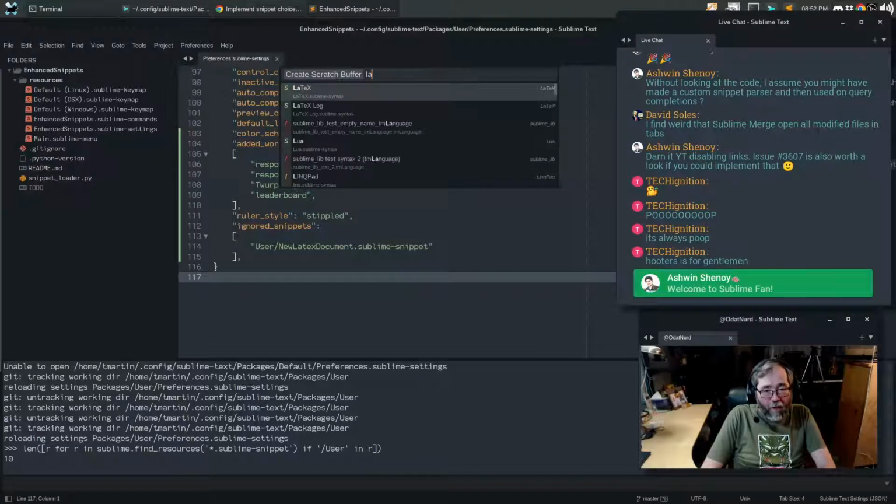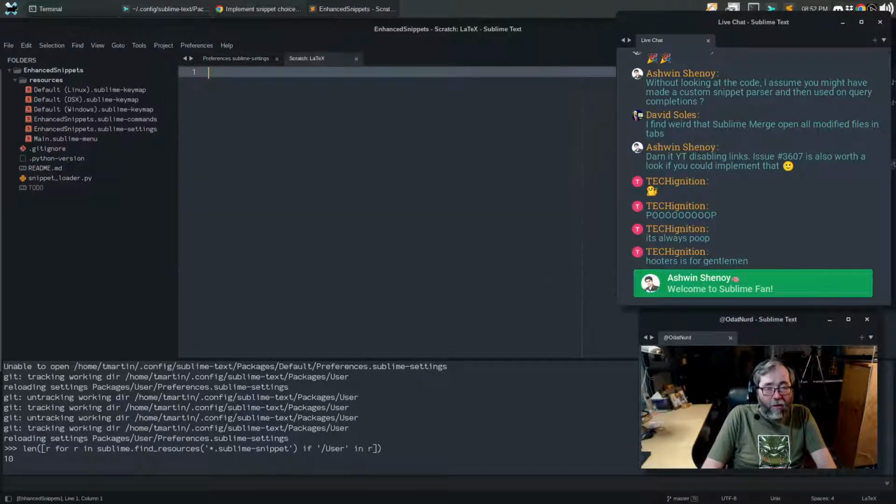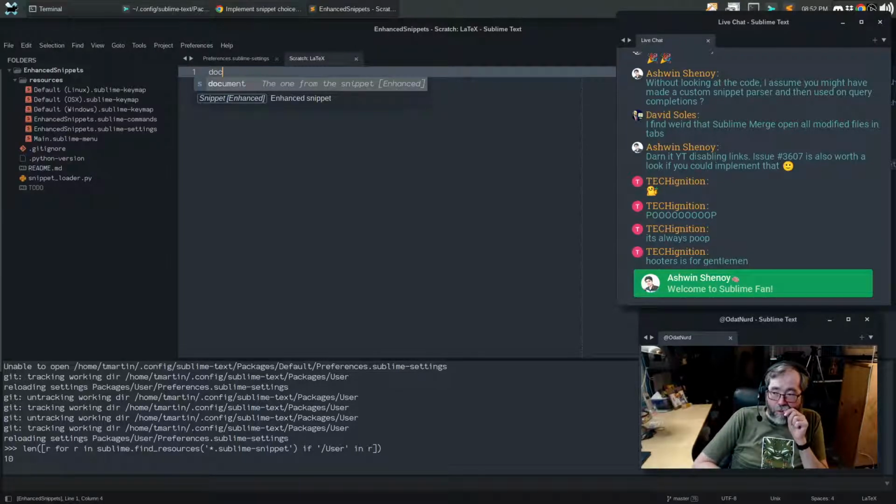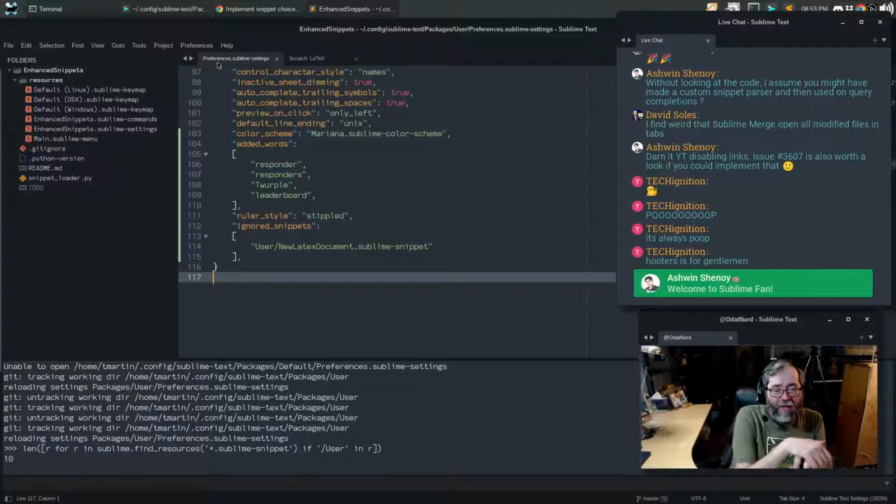If we were to create a new latex item in here. Huh. Well, I think we can see the delightful ramifications of this. One of the things that was added in Sublime Text 4 was this setting called ignored snippets that oh,